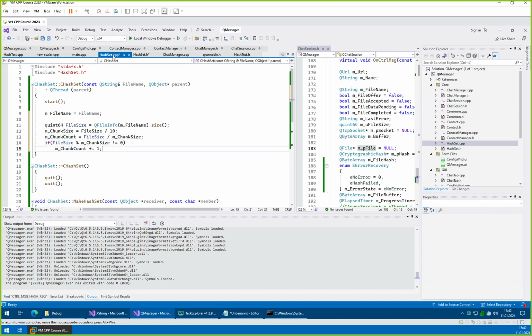So the idea is that we might have a file size which is not perfectly divisible by 10, so we'll get some residual size that is left, and this will then be the additional chunk. So the last chunk can be smaller than the size of the other chunks, such that the file in its entirety can